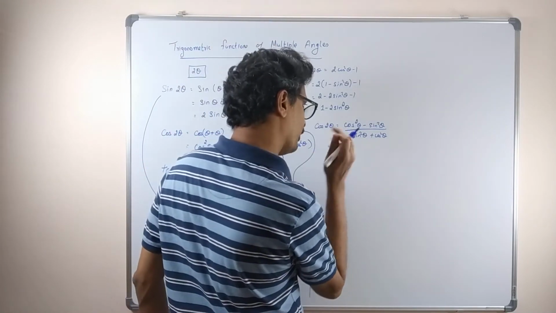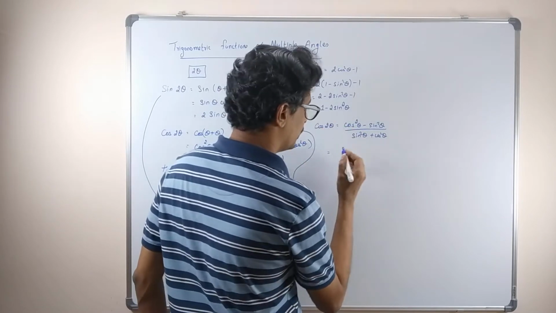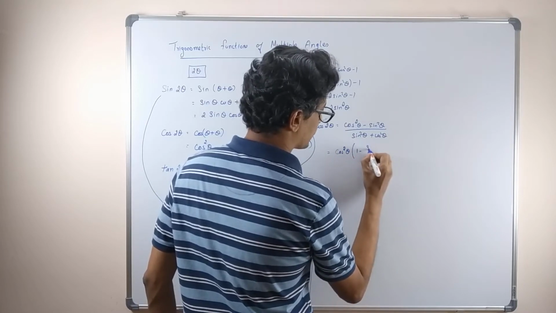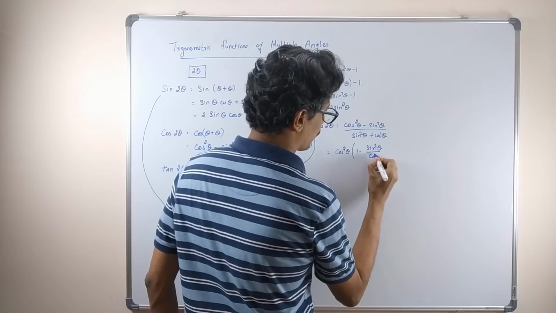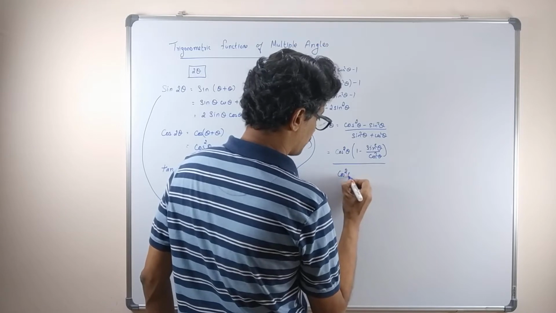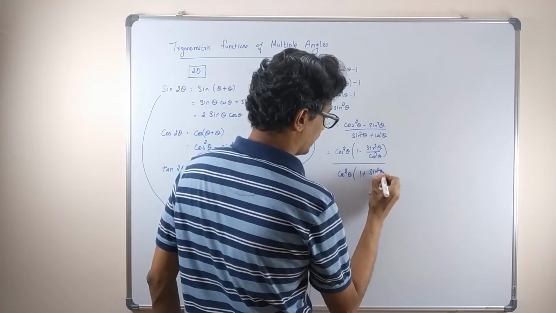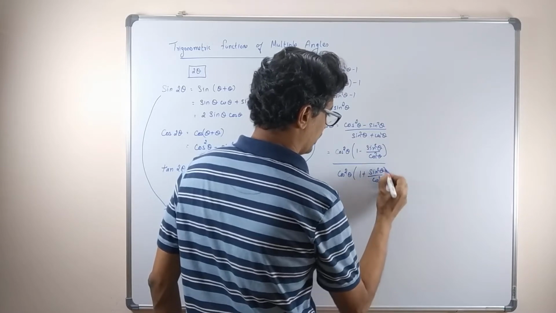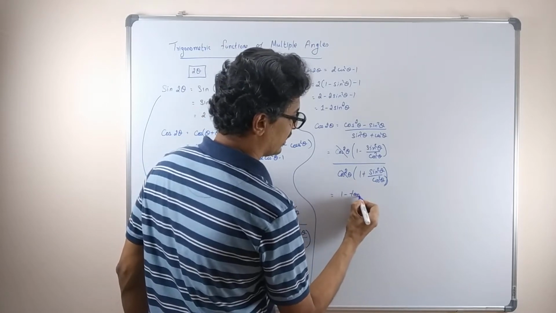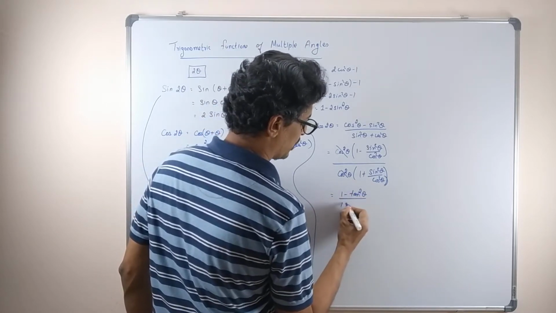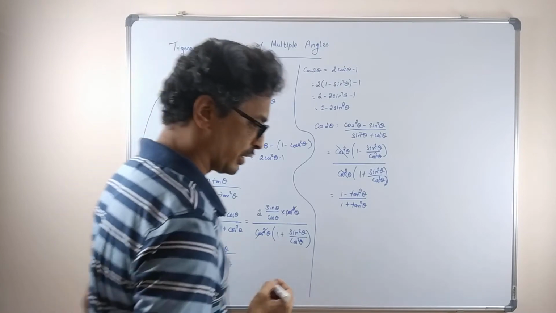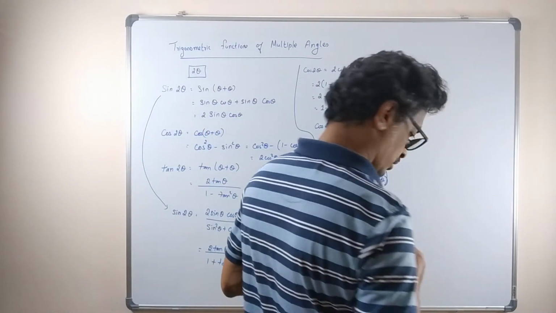Okay, so then what will I take? I take cos square theta commonly outside from both sides, right? Cos square theta, then 1 minus sin square theta divided by cos square theta. Here also take one cos square outside. So cos square theta, this will be 1 plus sin square theta by cos square theta. So this cancels off. What we get? 1 minus tan square theta divided by 1 plus tan square theta. Correct? You got it clear? Any doubt? No doubt.